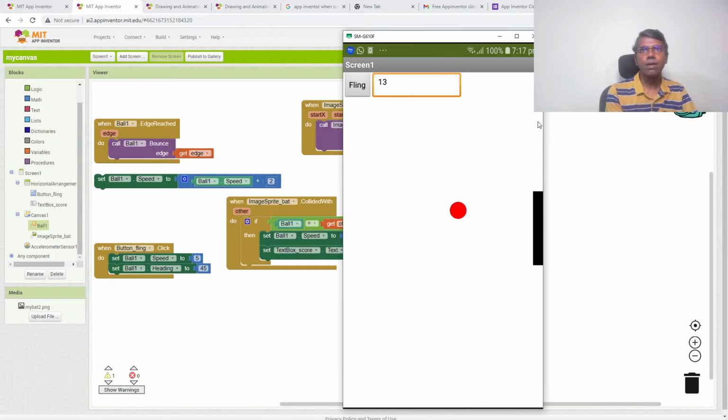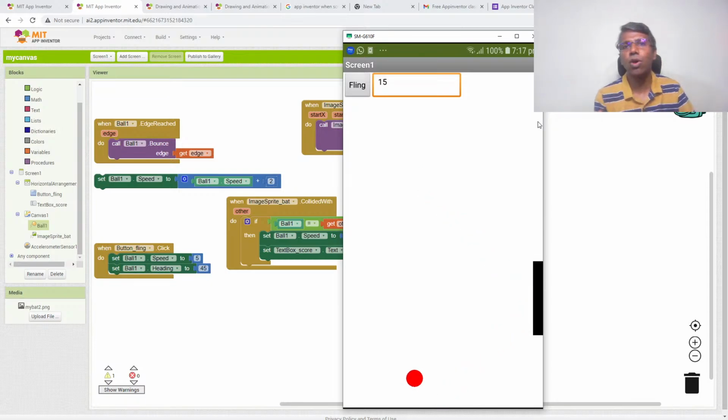So now it's actually started increasing. As you can see, it has started increasing the speed. So it's again becoming a little faster. So it becomes a little more difficult to play this. And I want a little bit of sound also here. It's quite boring. So once it touches my bat, I want to have a